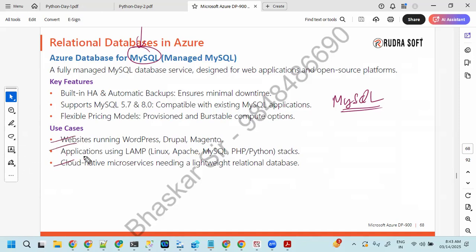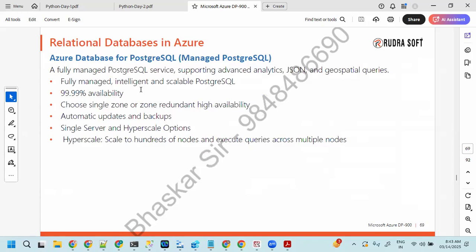I've given some use cases where people go with MySQL. Basically, MySQL is open source, but when you take it from Microsoft, then you have to pay. It's not 100% free. And PostgreSQL is also available in the Microsoft Azure platform, so you can take resources. Basically, PostgreSQL will be used for data warehouse. If you have a massive volume of data, then people go for this. And PostgreSQL is available as a managed instance as part of your Azure.